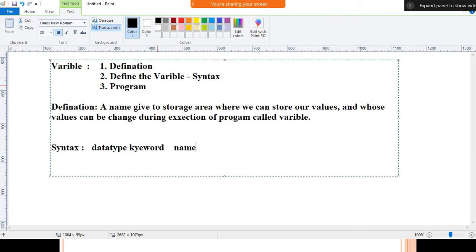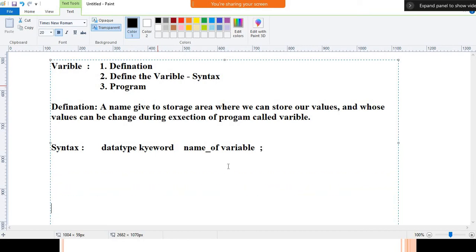After that the name of the variable. There are two ways to define the variable. First of all we'll discuss one way, and after that we'll discuss the other way. After that we need to use a semicolon. So this is the syntax to define the variable, that term is called the declaration of a variable.